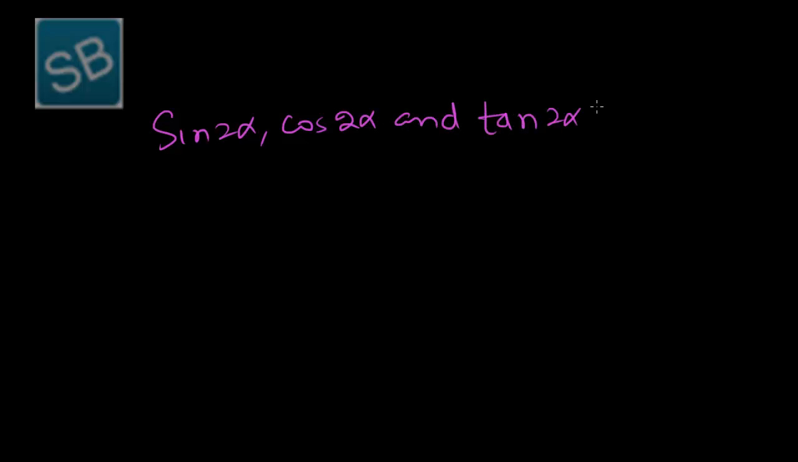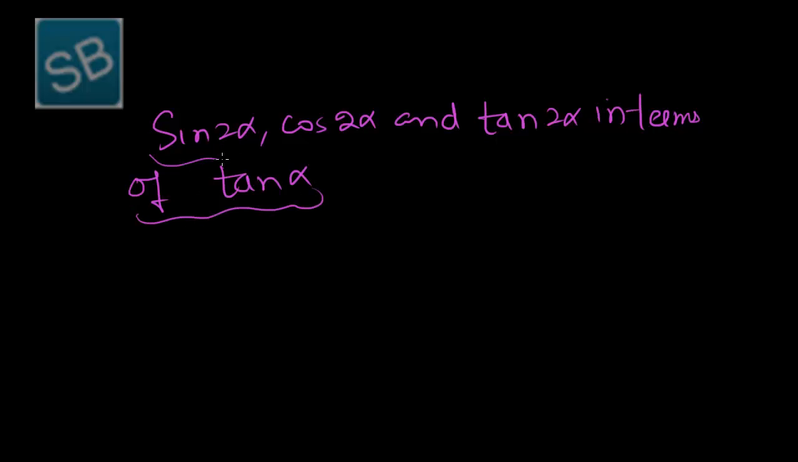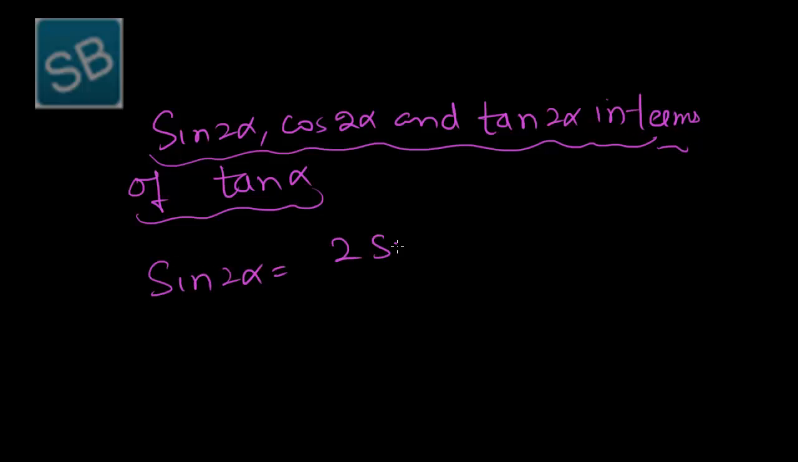Value of sine, cos and tan in terms of tan alpha, that is, sine 2 alpha, cos 2 alpha and tan 2 alpha in terms of tan alpha. As we have, sine 2 alpha is equal to 2 sine alpha cos alpha, and we know that